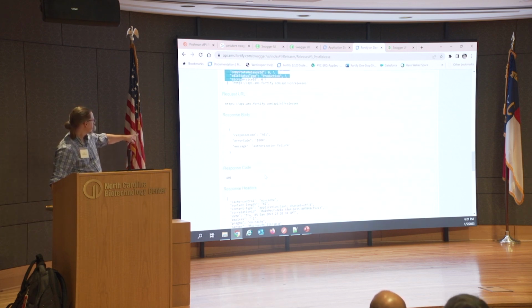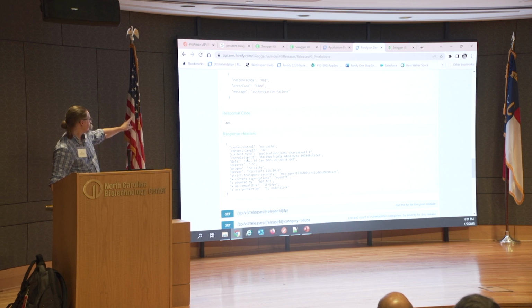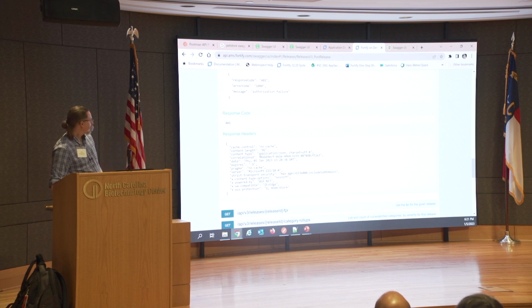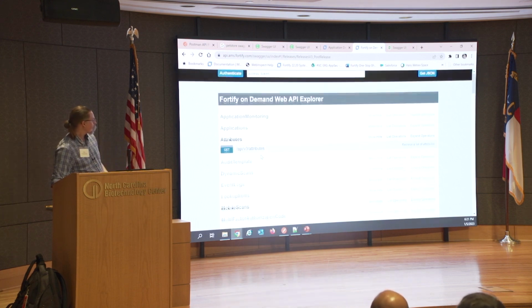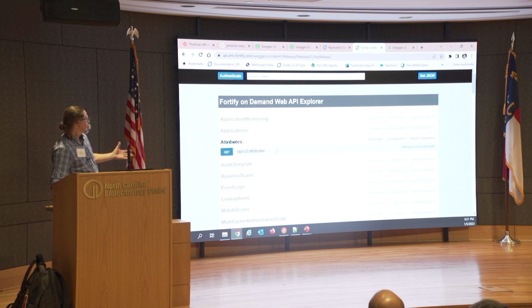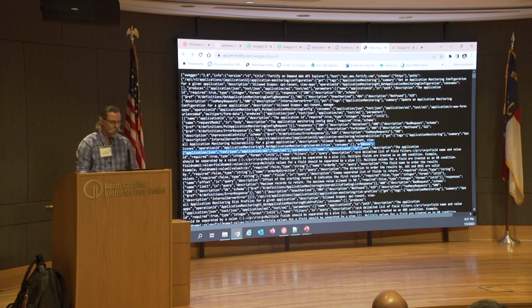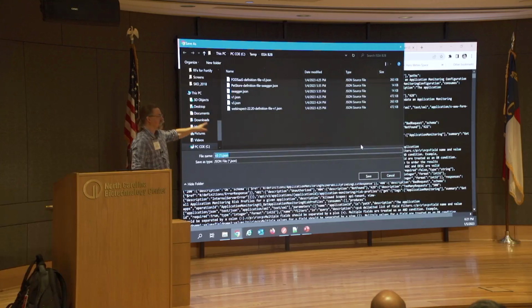Here's the URL, response body. Unfortunately, I didn't fill out the values properly. I got a 401. Scratch your head, go back to where you were before. As nice as this is, not wonderful. But what's great is I can get the raw JSON. Again, our friend, hideous looking. Click in there, Control Save. I can choose to save this as a JSON definition file.